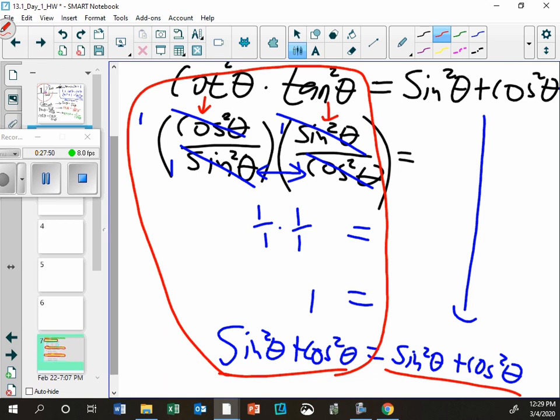When you cancel things and you use math, just make sure you show your work. Yes, things can cancel, just like they always have been able to cancel. And technically, we could call it reducing. We reduced it to 1. And then 1 times 1 times 1, of course, is 1, because you can use simple math, like 1 plus 1 is 1, or 1 times 1 is 1. Wait a minute. 1 plus 1 is 2, but anyway. Okay, cool. That's how you prove something.